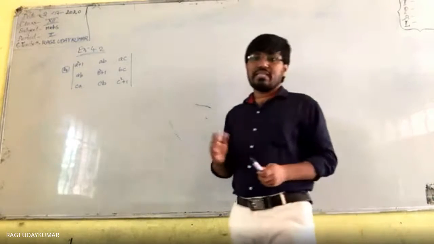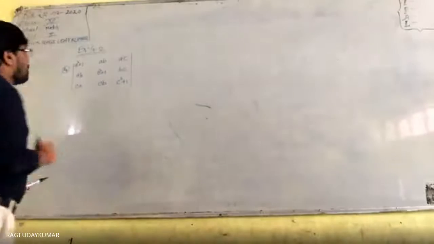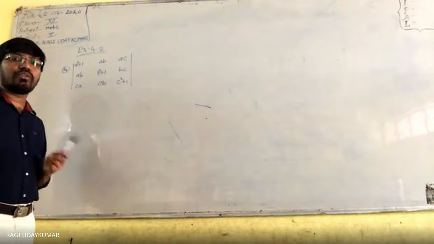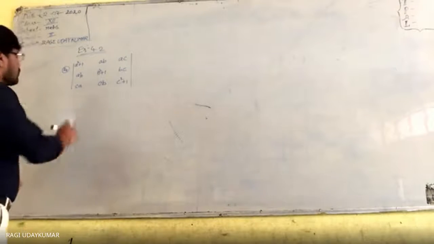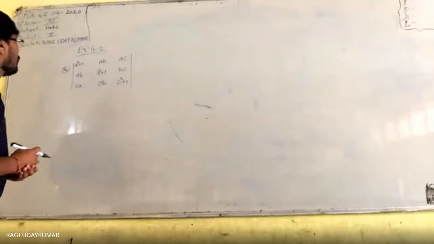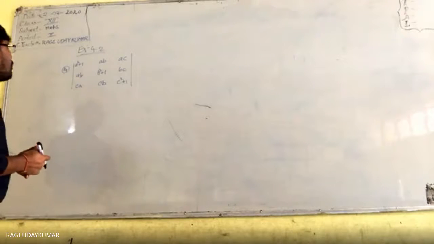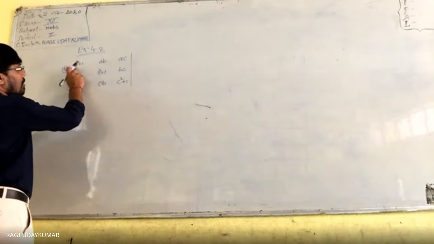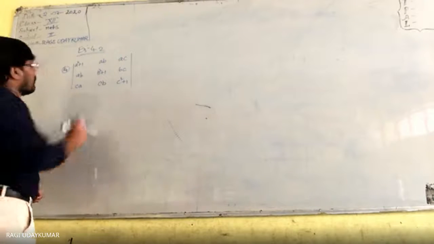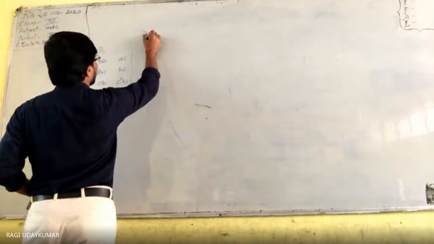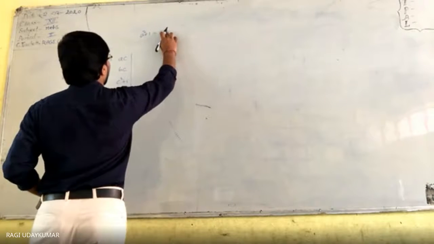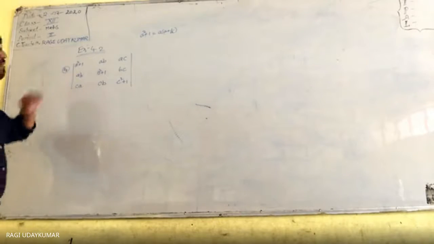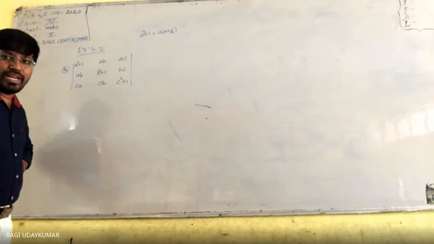So wherever it is given to you 1 plus a square plus b square plus c square, every term we need to make as a square. You have to try to make every term in the form of a square. For that purpose, if you observe properly, from this a you can take common, and this becomes a plus 1 by a. A square plus 1 can be written as a into a plus 1 by a, can't we write? A square plus 1, can you write?